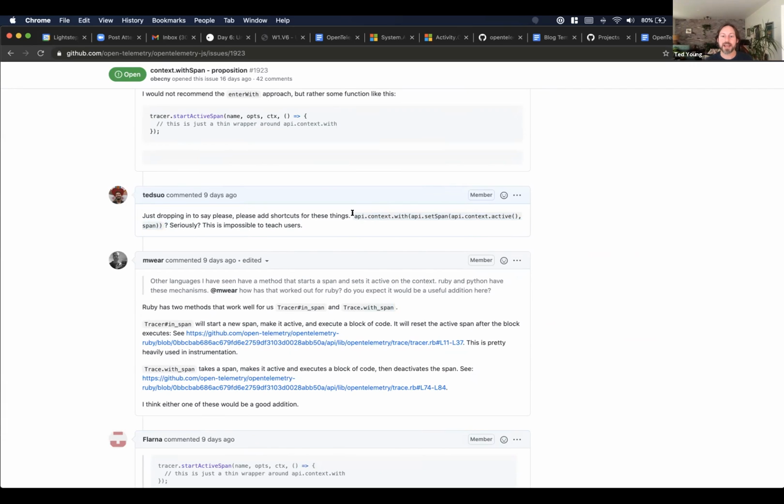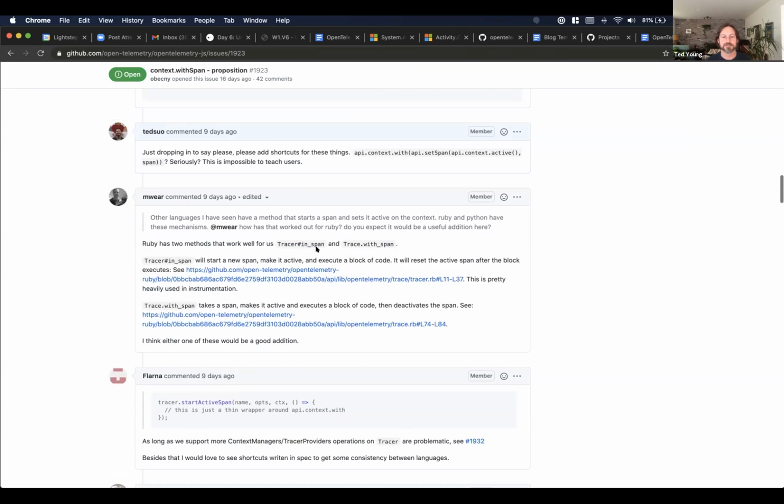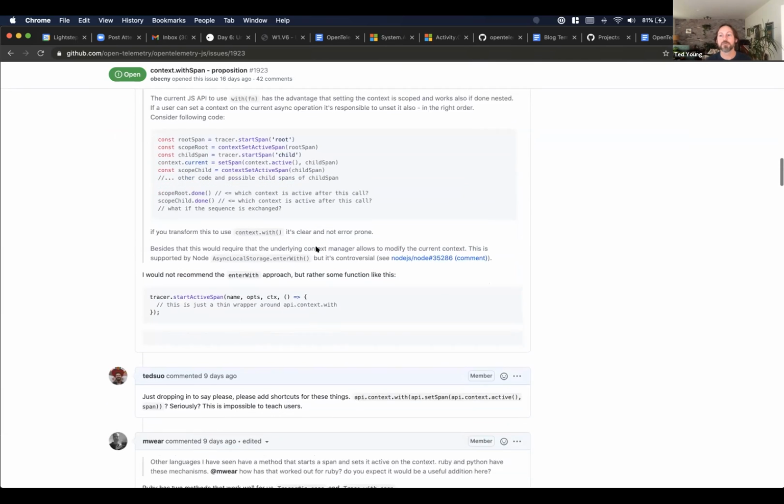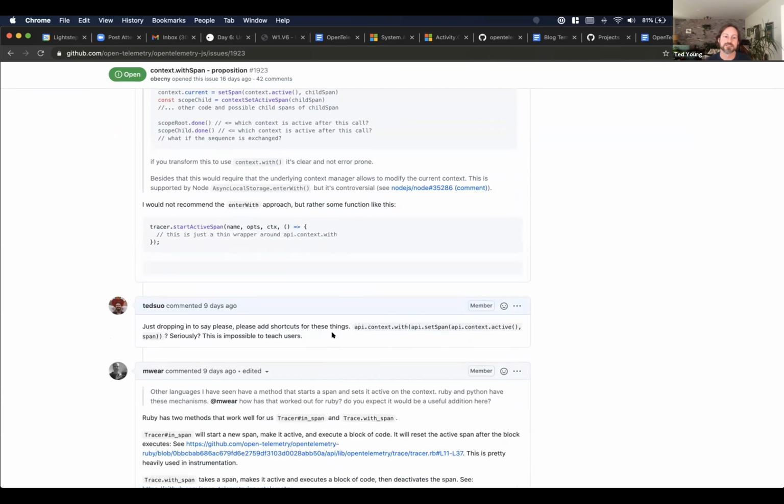This is good to have under the hood. I think it's fine if this is how it works under the hood to interact with context objects, but the end user doesn't need to deal with that. No one needs to deal with that. So this is an example of stuff. And they're kind of saying, well, there's nothing in the spec that says we have this, so we removed it all. And I'm kind of like, well, all right, I'm going to add something to the spec that says,